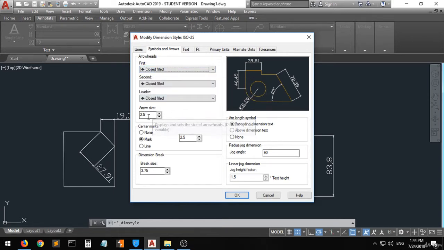Okay, there's the arrow size. The arrow size is set to 2.5. You can change it, for example, to 5, enter. And then you can see that the size of the arrow has changed. Let's look, for example, at 10. Press enter. You can see that the size of the arrow has increased. But let's set it back to 2.5. Press enter. You can see that the arrow size has been decreased to 2.5. Okay,